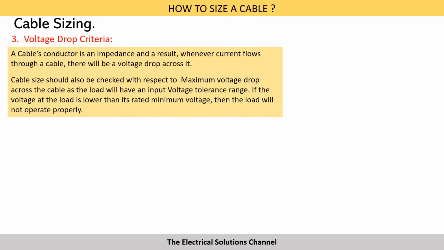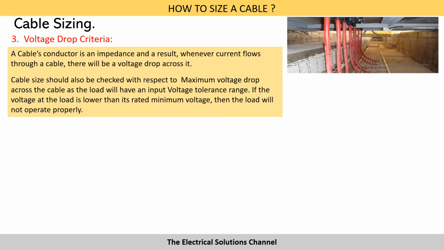Next, we should check the cable size with respect to the voltage drop criteria. A cable's conductor is an impedance, and as a result, whenever current flows through a cable, there will be a voltage drop across it. Cable size should be checked with respect to the maximum voltage drop across the cable, as the load will have an input voltage tolerance range. If the voltage at the load is lower than its rated minimum voltage, then the load will not be able